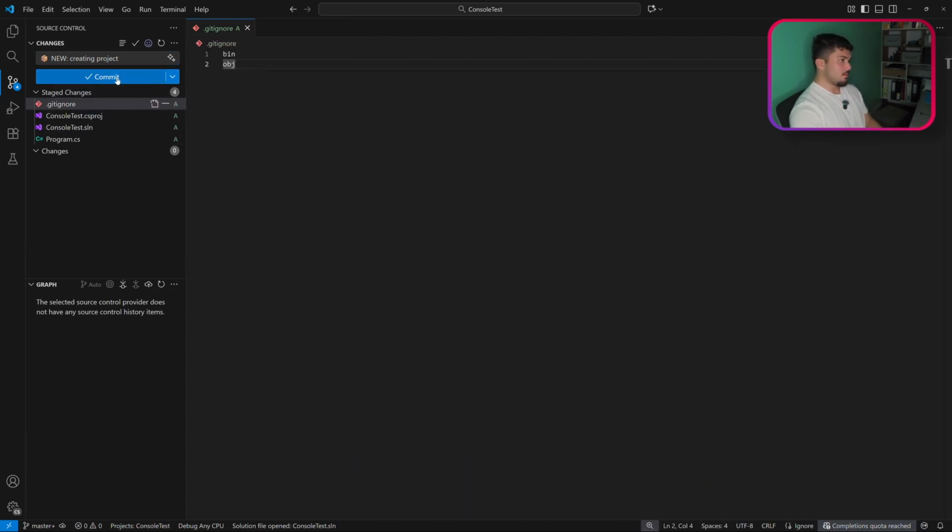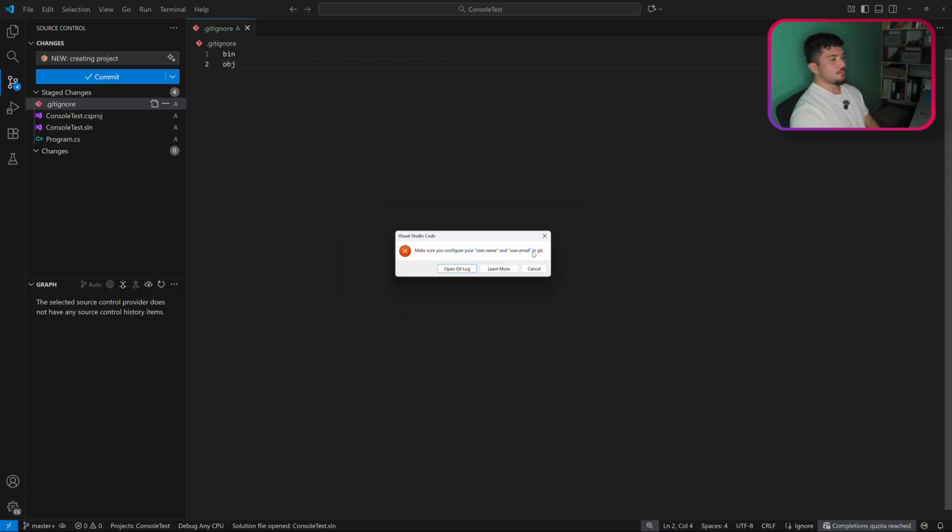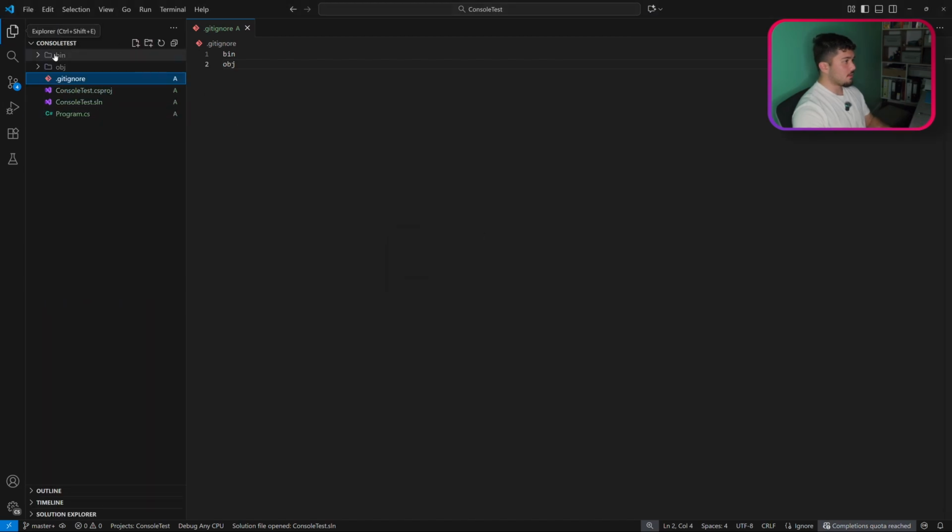You will probably too if you don't have a file configured, which I don't. You can see that this error pops up: make sure you configure your user.name and user.email in Git. What does this mean is that in our Git repository that was created when we did the git init, if